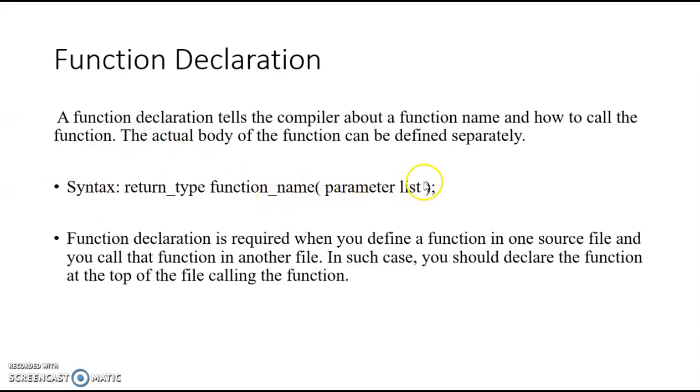And the parameter list. Now this is the parameter list where you are passing the parameters in this bracket. That means you are just giving whatever number of inputs you require in this function body, that much input you are just passing in this parameter list. Is it clear? And after that round bracket you need to give the semicolon.